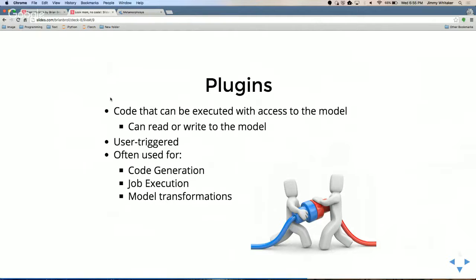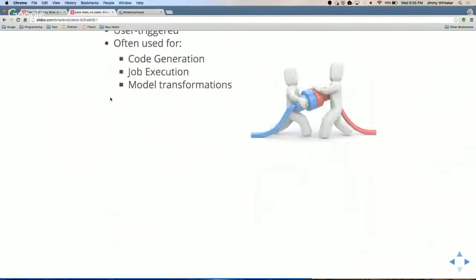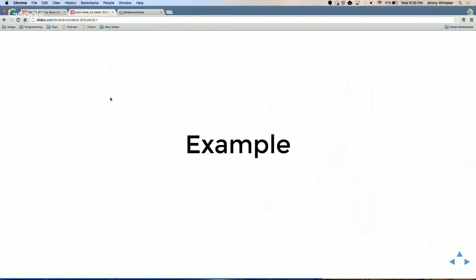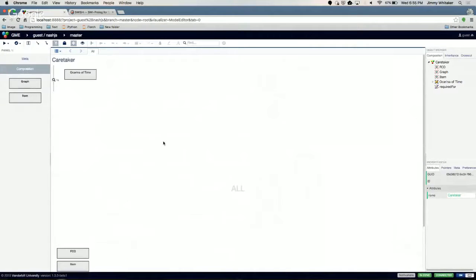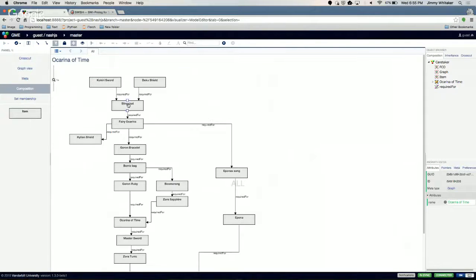I'm going to be pretty bummed if my example doesn't work, after all the time I spent on that yesterday. Anyway, I'm going to give this one more shot here, because I'm having some sort of version issue. Oh, there we are. So if we jump into the Ocarina of Time, you can see that diagram that I had a screenshot of before.